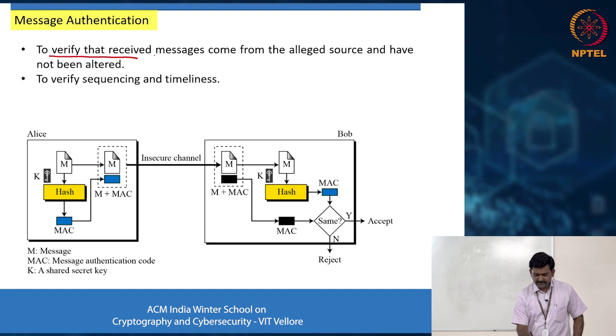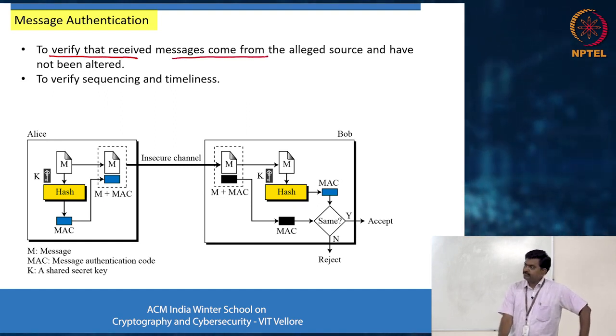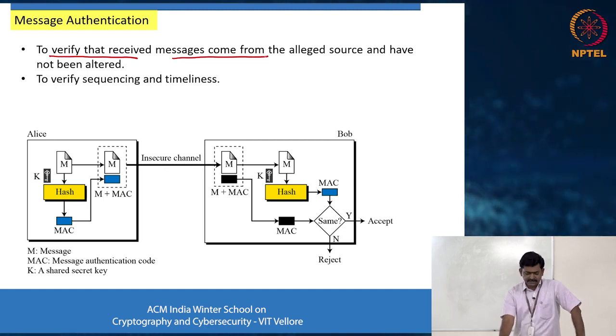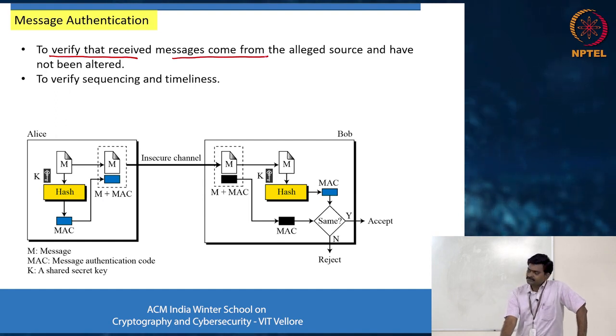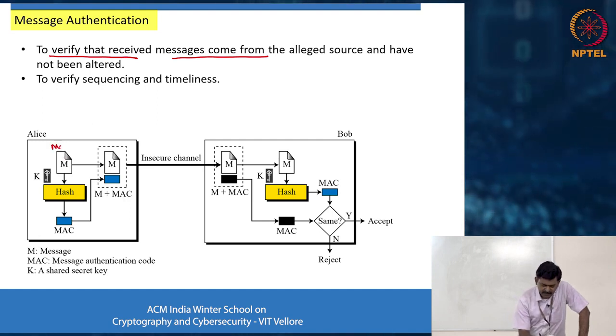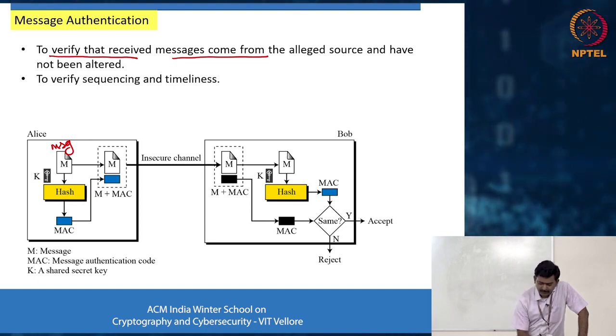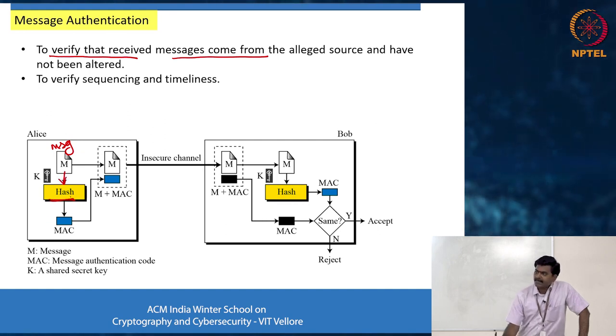So to verify that the received message is coming from a particular source, and also that it is not altered, that means integrity is preserved. Okay. So how do we do that? Alice is sending a message to Bob. What did Alice do? She took the message M, and then